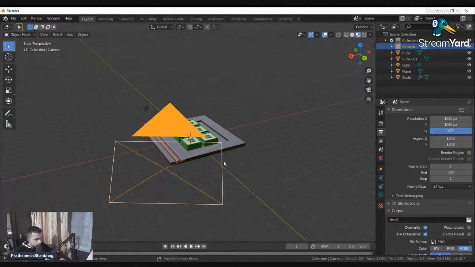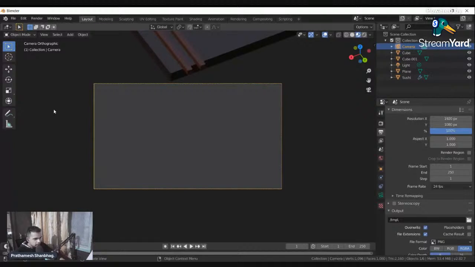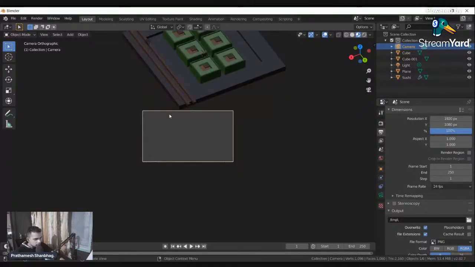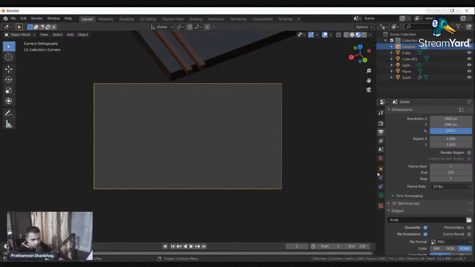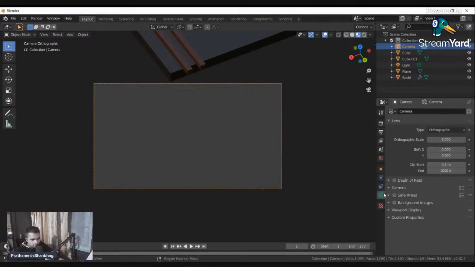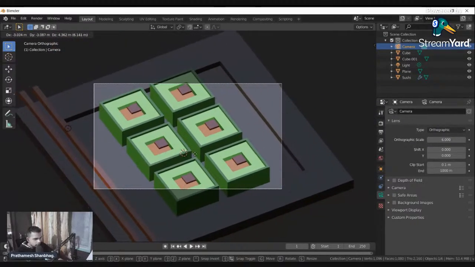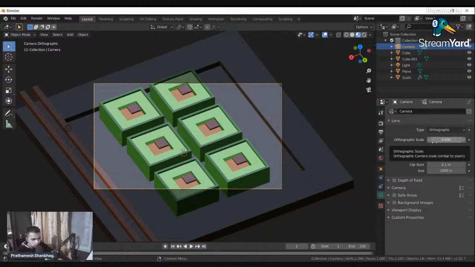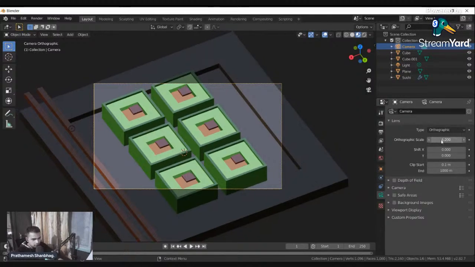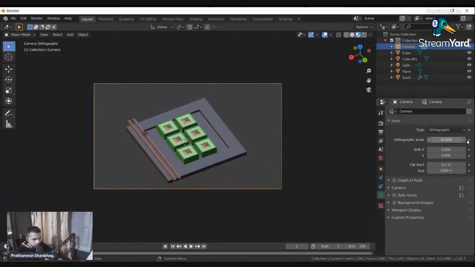Now what we're going to do here is change the resolution, just so that you can view what is happening. You are going to press the back tick, and here you can see the view camera option. You go to the view camera option, and this is currently what the camera is seeing, and it's not looking at the sushi, it's looking somewhere else. So first we'll press G, and you can move the camera now. Now that the sushi is in frame, you want to zoom out or zoom in with the orthographic scale. So I'm going to zoom out a little bit.